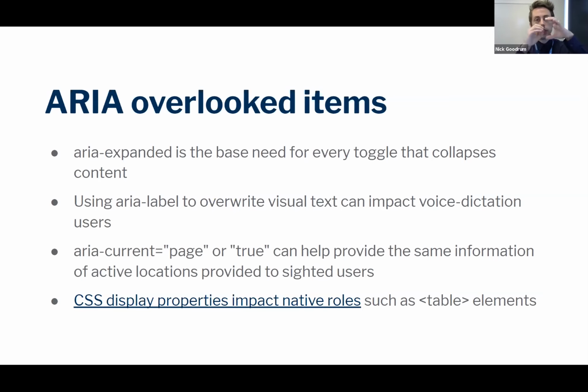all of its children inside that anchor, inside that button, are actually removed and not really accessible anymore. And only the label itself is going to be announced to screen reader users. So you pretty much negated any visual text, any information, and only supplied what's in that label. So if all you had was "opens in a new window," you've just ended up with a site with a whole bunch of links that just say "opens in a new window," which is not helpful. So you have to front load and include all of that visual text for it to make sense.